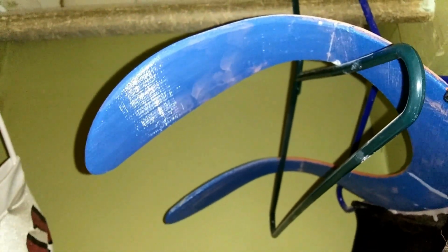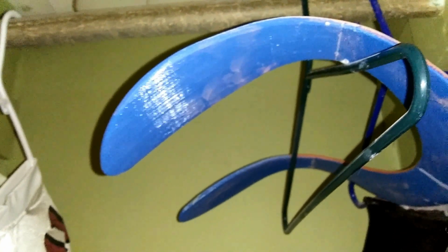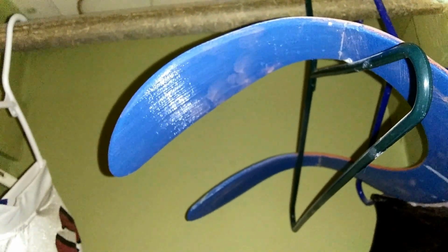I printed off this piece that doesn't come with the file that I have. This is from Thingiverse. It's a free file. It's like paper thin. Because those parts are wrong. Dead wrong. And they don't wrap all the way around. It goes around the front part of your arm and stuff. It just looks weird. So I put this all together, printed it out, sized it up, put it all together,